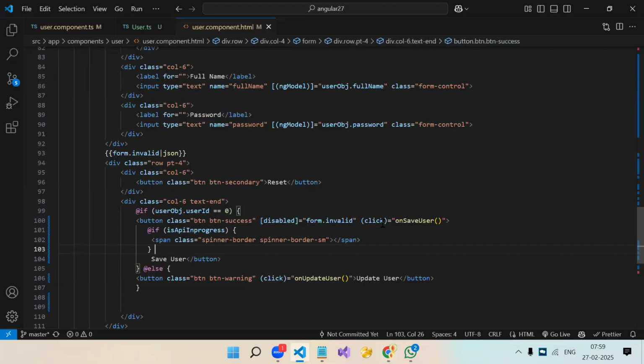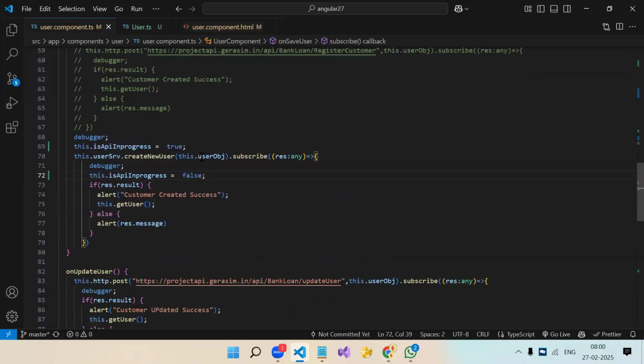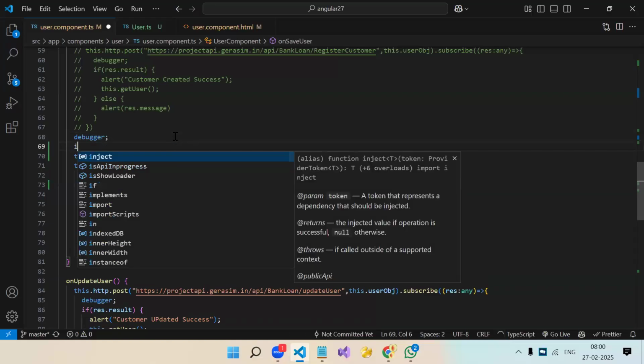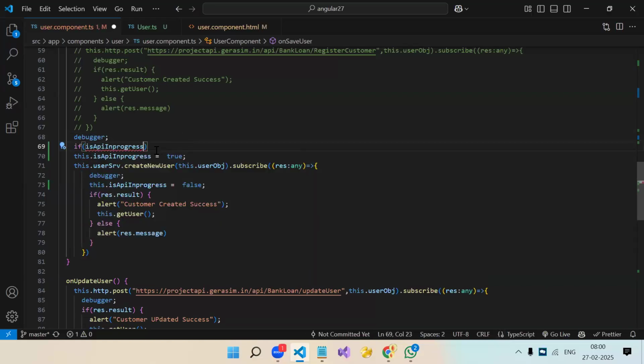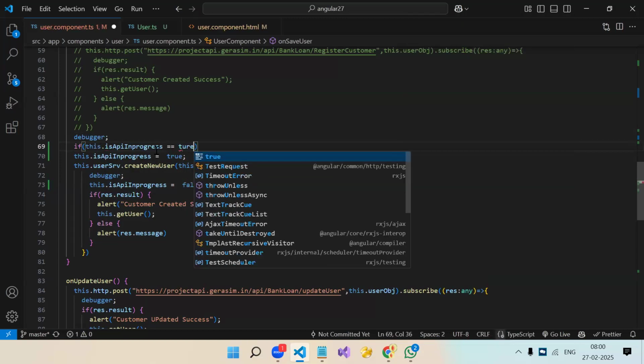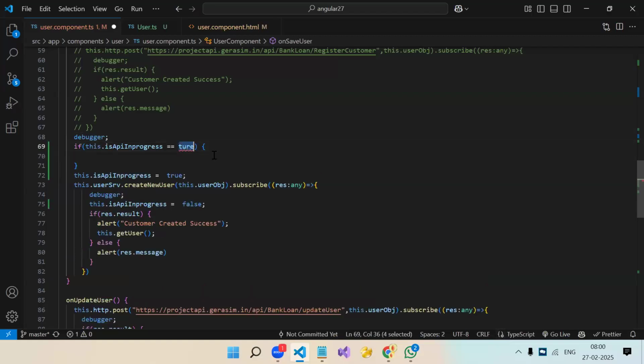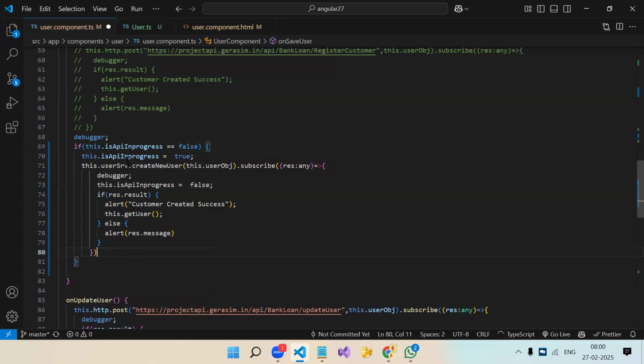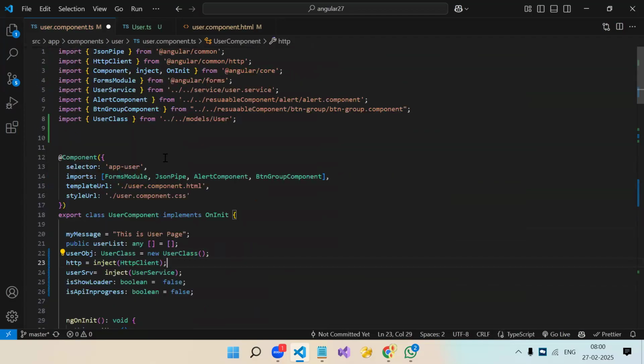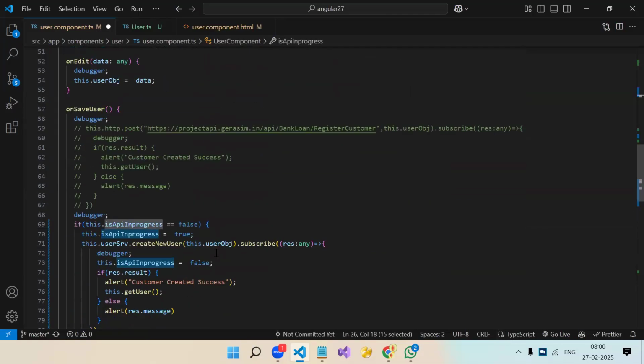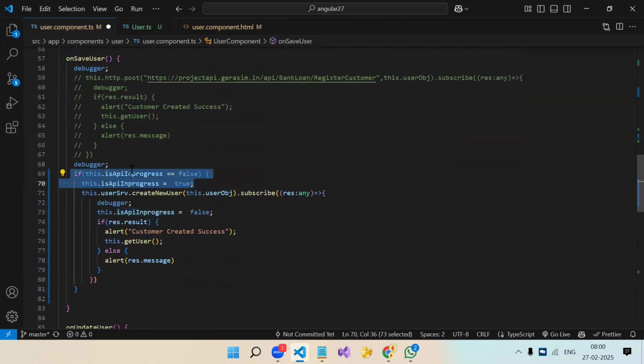Right. So how do we know that API call is in progress? Once the API call is in progress, either we can disable this button, or when we are making the API call, over here we can write the logic saying if this variable is in progress, means this variable is already true. Sorry, if this variable is false, means API call is in non-progress, and this code we have to move inside this. So see, understand, by default we are making this variable false. Okay, once I click on the button, I'm checking if this variable is false.